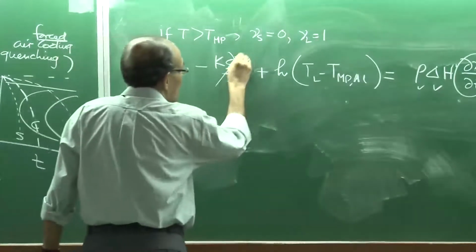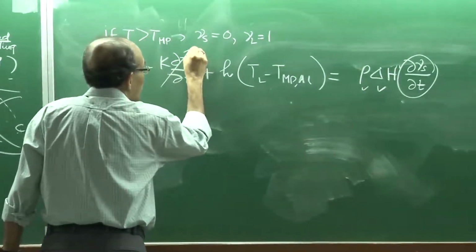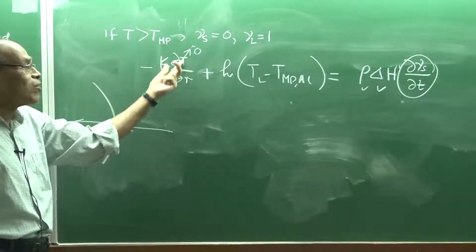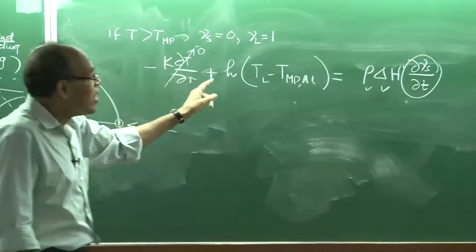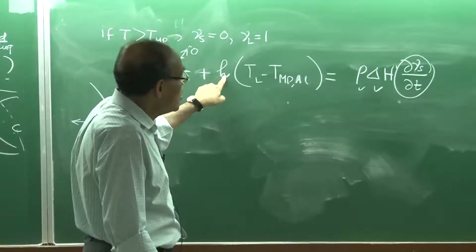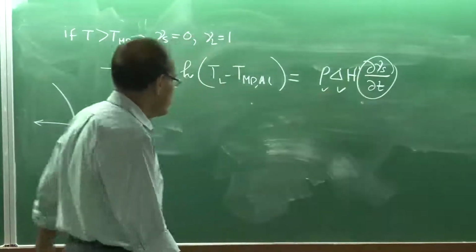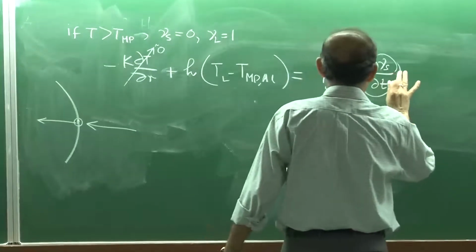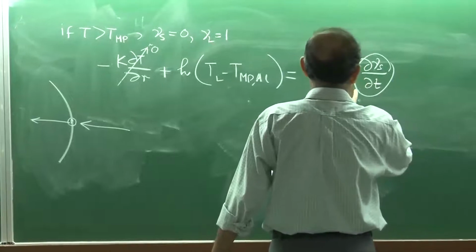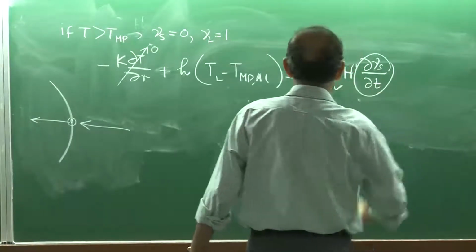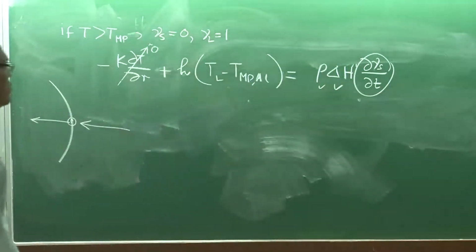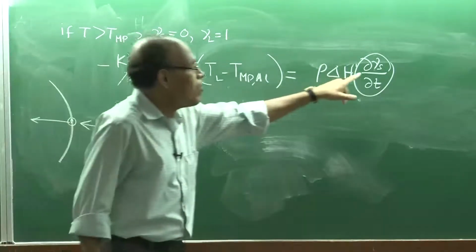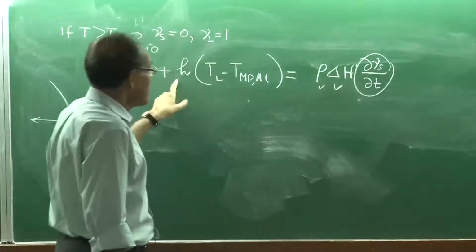So, this term can be taken to be approximately equal to 0. So, for large thermal conductivity, the gradient of temperature within the solid will vanish, and therefore, since the heat transfer coefficient is known, you should be able to find out. I have written it wrong, I think this should be written as rho h. Okay, that's fine. So, once you do this, you should be able to find out the solid fraction as a function of